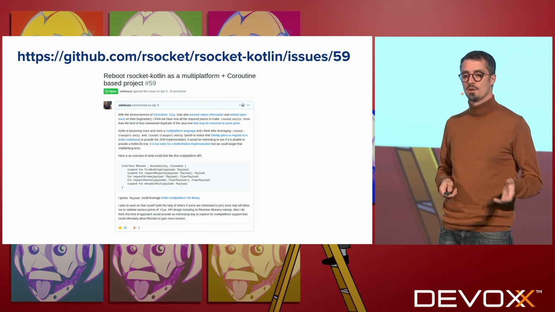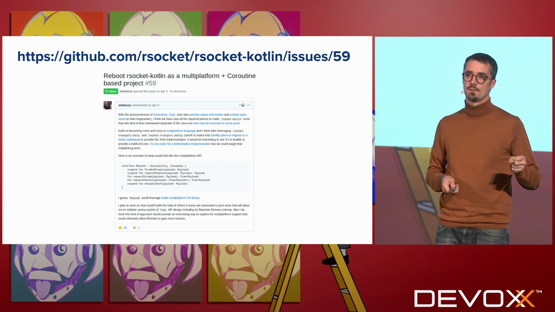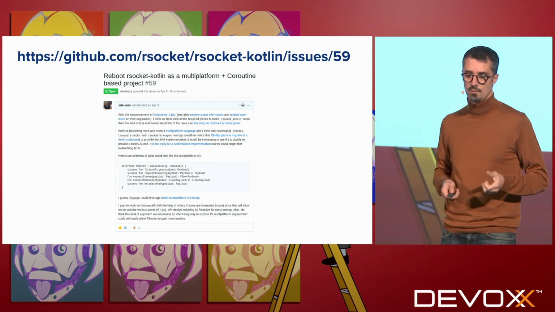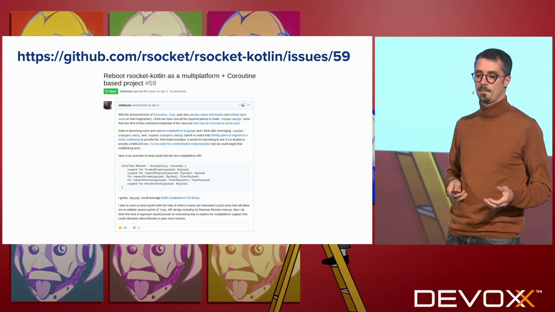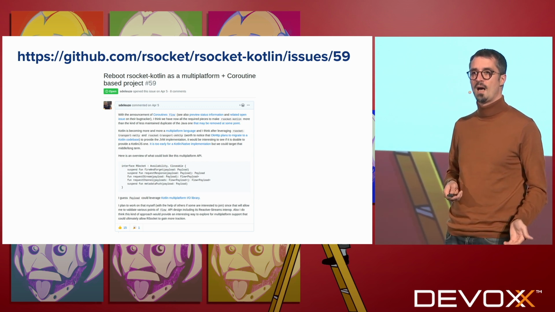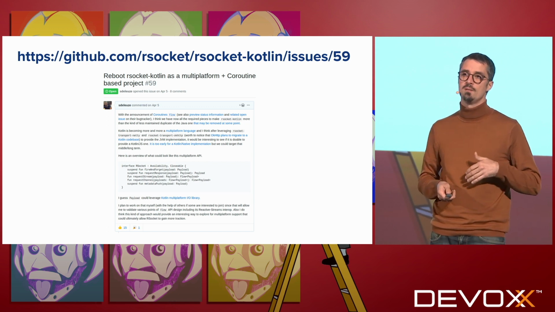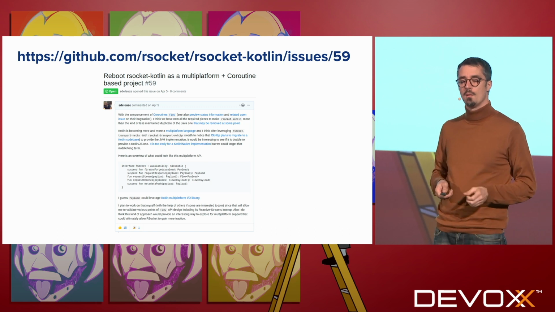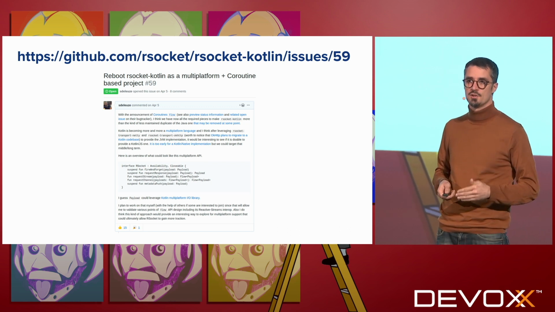So there was some discussion about just shutting down RSocket Kotlin, which is based on Kotlin JVM. And the idea I had was to propose a reboot of RSocket Kotlin as a multi-platform library. So the idea would be to expose the Coroutines API for all platforms, Kotlin JVM, Kotlin Android, Kotlin JS, Kotlin Native,